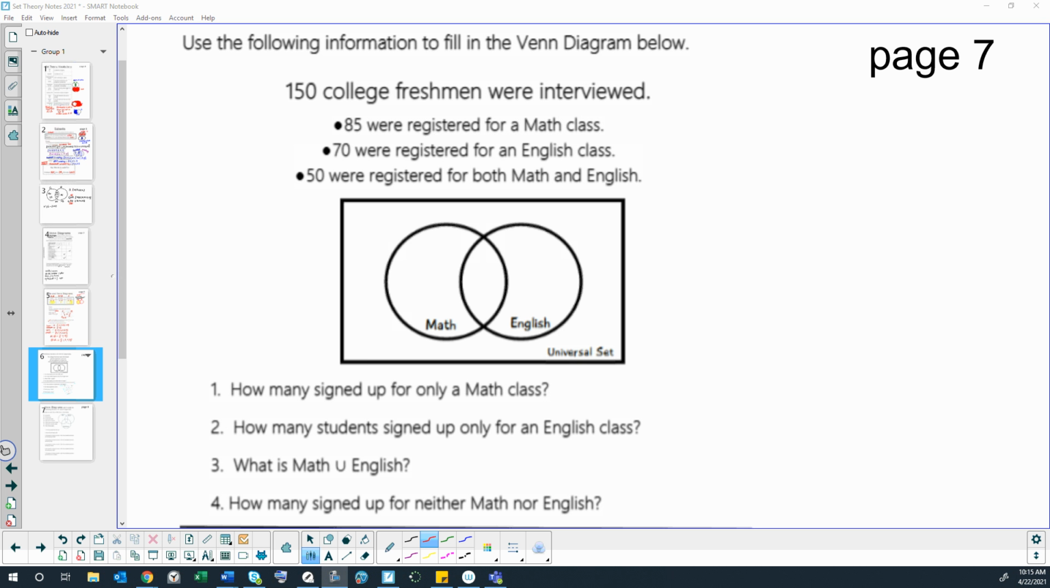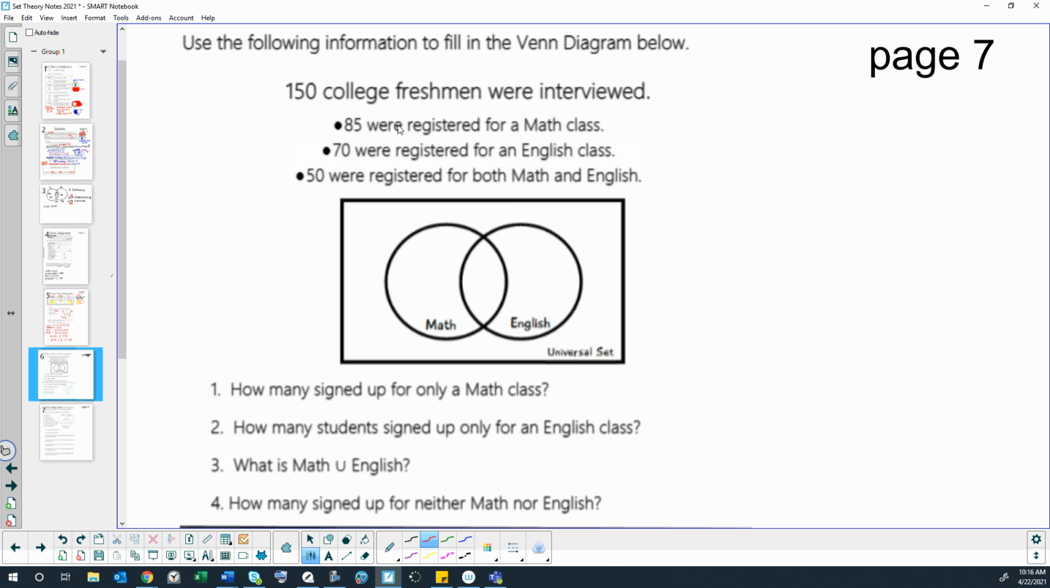So the story goes, 150 college freshmen were interviewed. 85 were registered for a math class, 70 were registered for an English class, and 50 were registered for both math and English. Now, something you should be careful of when doing questions like this: unless it has the word only, like 85 were registered for a math class only, it will include everything in the whole circle. So the first thing we want to do here is to put the number in the middle,